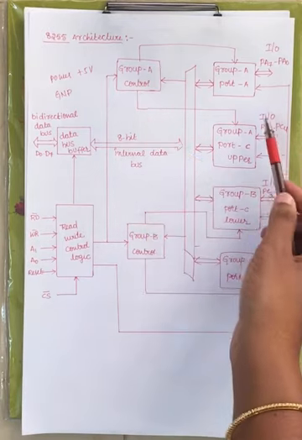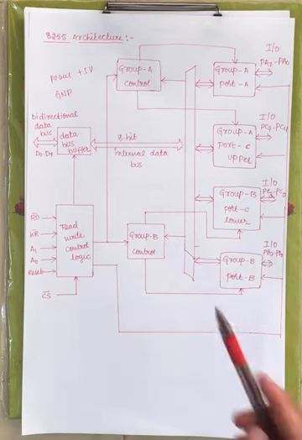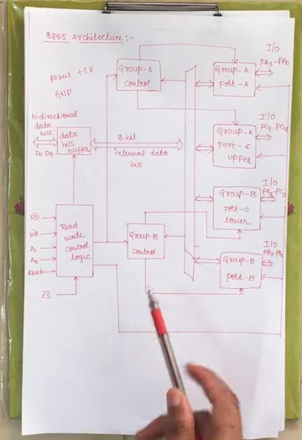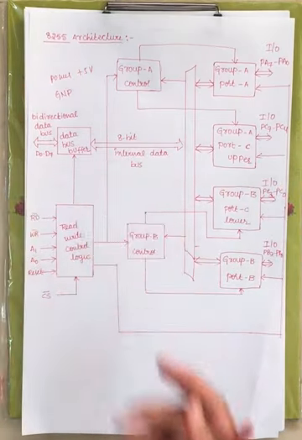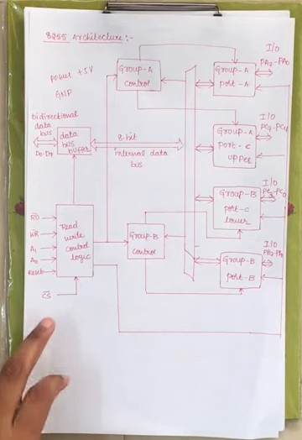Under group A, port A along with port C upper will total 12 IO lines. Port B along with port C lower will come under the category of group B. This we have seen earlier. Now you know the data bus, which is 8-bit. 8255 has an 8-bit data bus, which is used to read or write the 8-bit data.